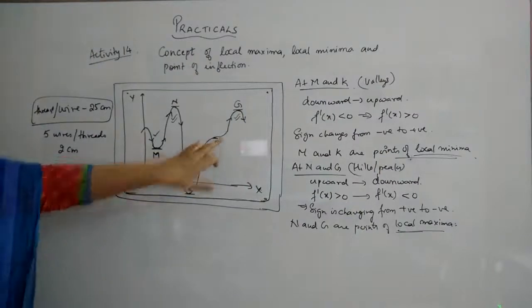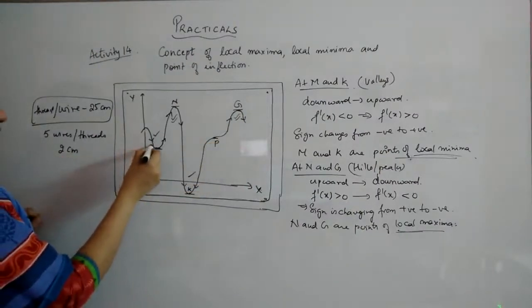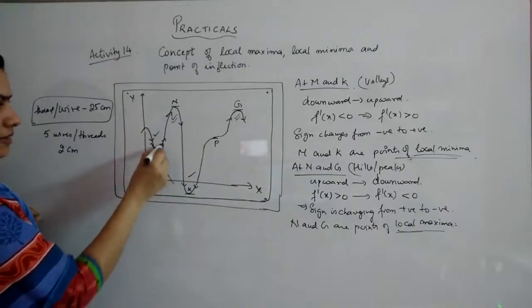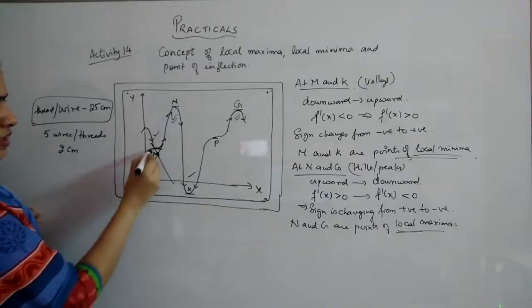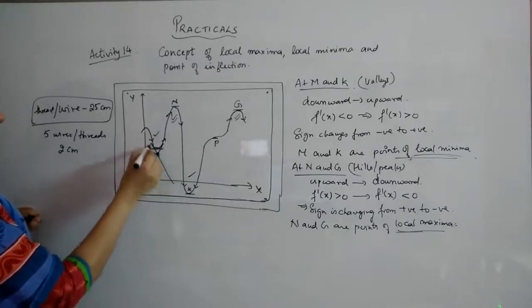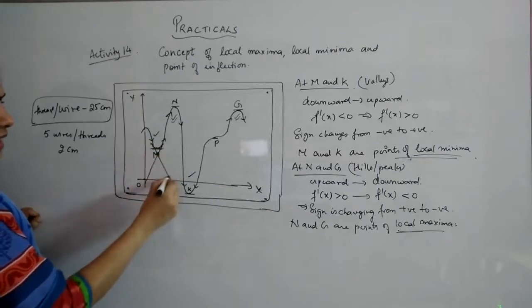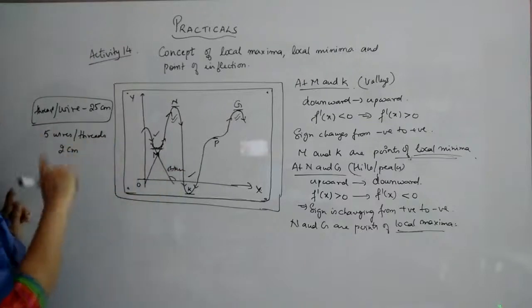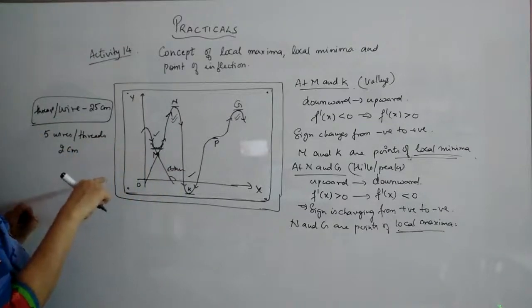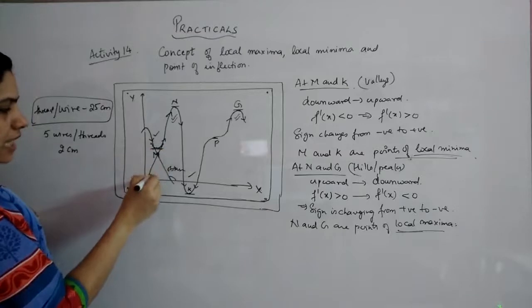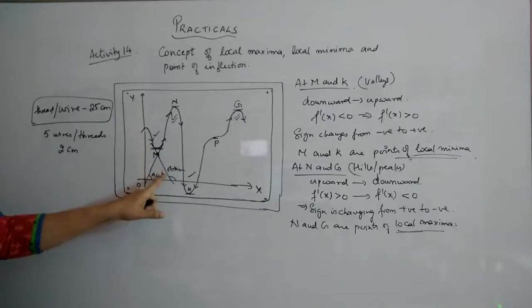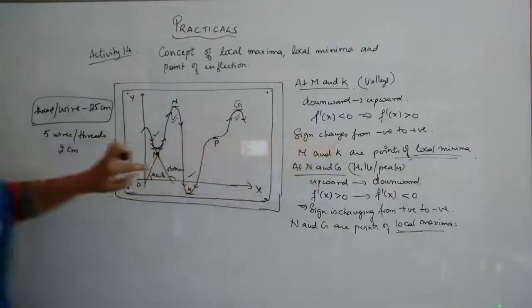Now what will happen at this point? You can check like this also. When you take the tangent to the left side and right side, at this point where it is parallel you get 0. Now when you draw like this, it makes an obtuse angle. Obtuse angle means it is negative, tan theta is negative for obtuse. And here you get an acute angle, and acute means tan theta is positive. So again from left, it is negative to positive. Likewise you can check here for this point also, the same condition.